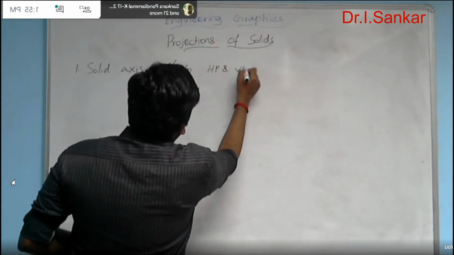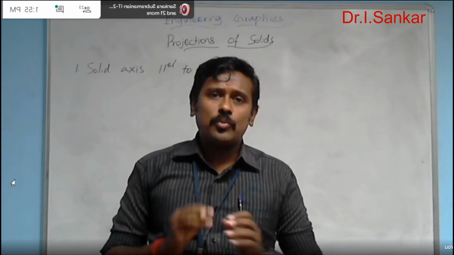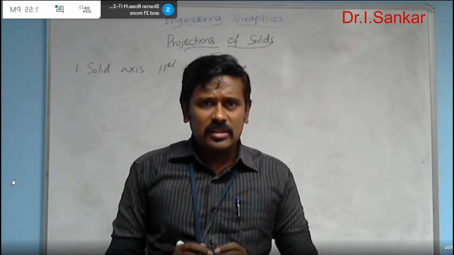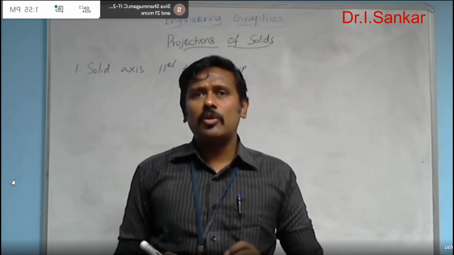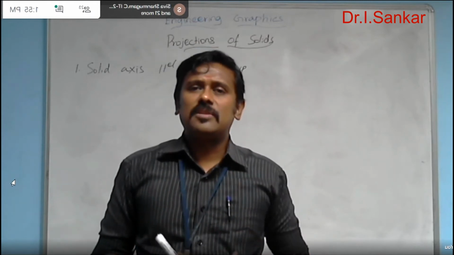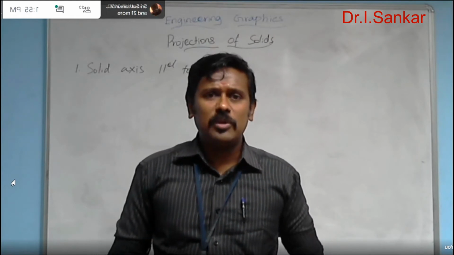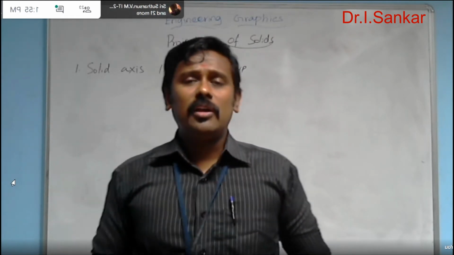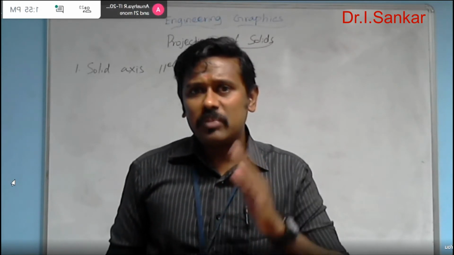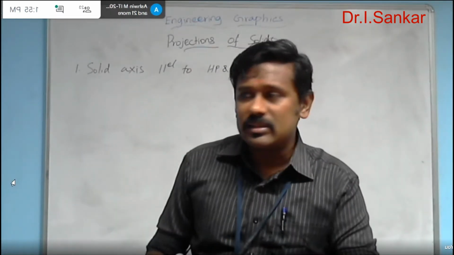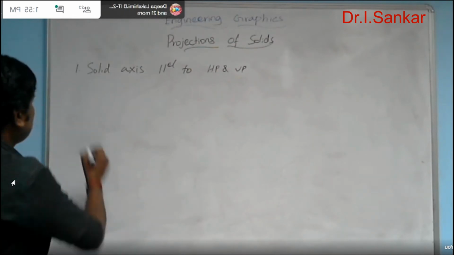HP and VP. See here, already I have told you the solid's location or the solid's position here is always given with respect to its axis and HP, VP. So we need not bother about what the side surface of the solid is with respect to HP and VP, or what the base of the solid is with respect to HP and VP. We need not deal in that peculiar manner. We need to consider the axis condition of the solid with respect to HP and VP. Based on that only the cases are categorized. Okay. In that, solid axis parallel to HP and VP is the first case, and the second case,